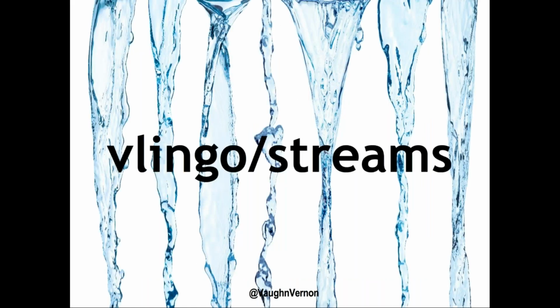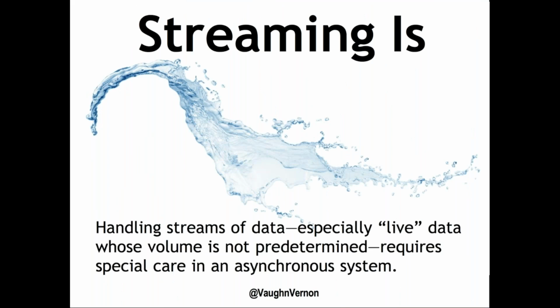So let's talk about one part of VLINGO that I haven't yet introduced you to, and that's VLINGO Streams. VLINGO Streams is just that. It's like a stream of water. As a stream of water passes you, the water that passed you is now gone, and the water still upstream that will soon pass could still be consumed by you. So a stream or streaming is a way to handle data that passes by in streams,